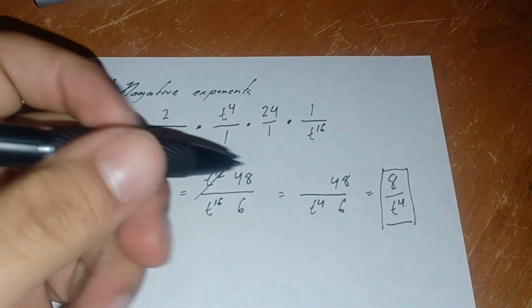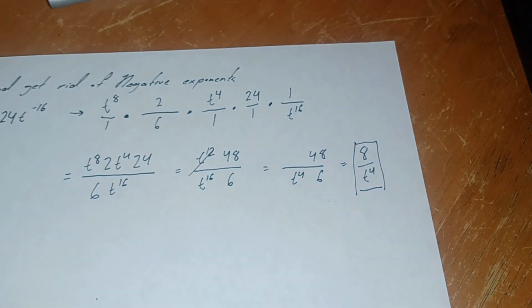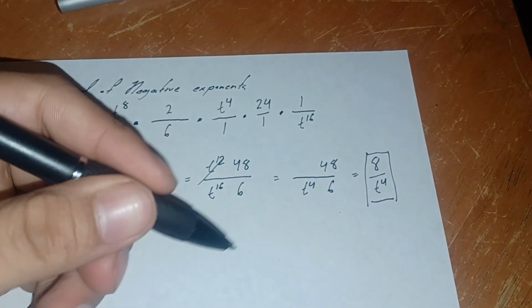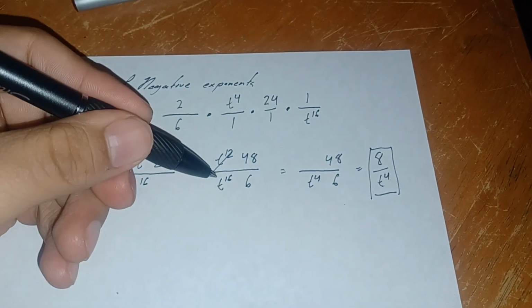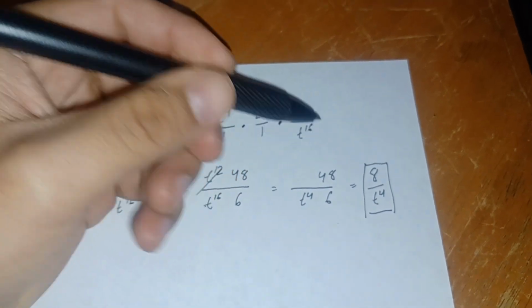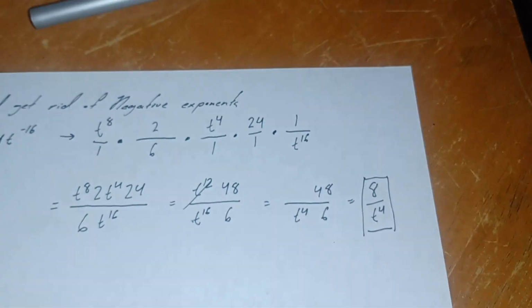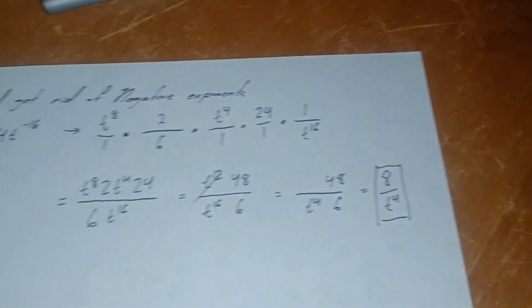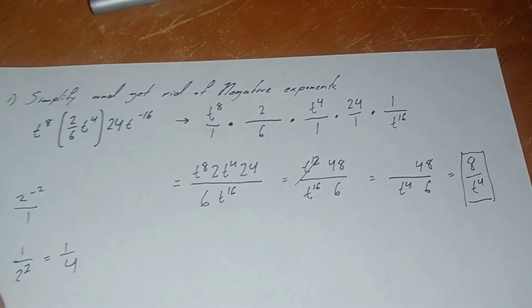So now, obviously we cancel this. 12 goes into 16 4 times because 12 plus 4 is 16, and the bigger value is at the denominator, so t to the 4th. And then 48 divided by 6, 8. So 8 over t to the 4th. That's basically this simplified into this. So that's right. That's how